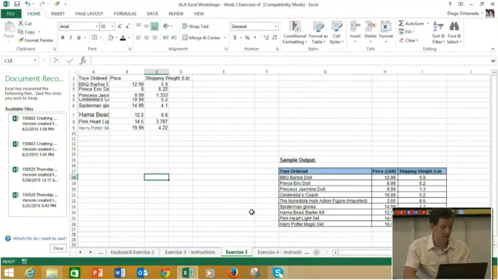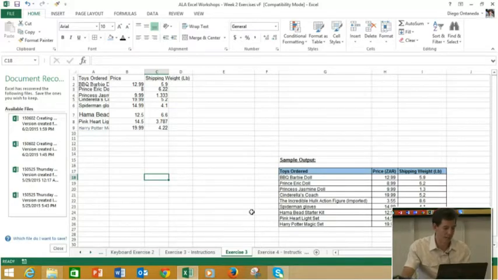Exercise 4. Sometimes we have rows like this that will have a lot of ugly data, and you might want it to look something more manageable, maybe like this. Again, instructions are up here. Basically, you wrap text,